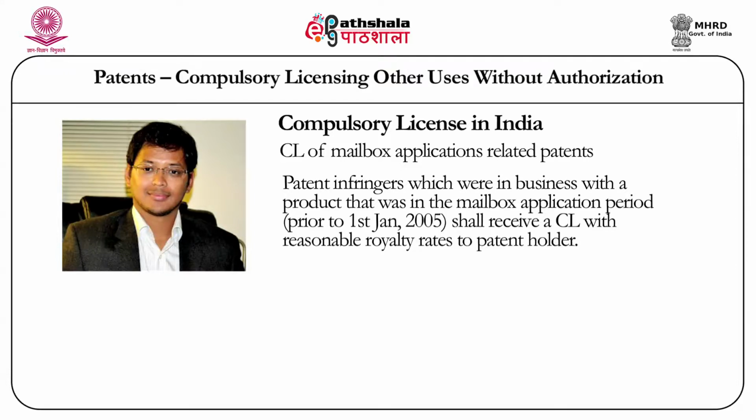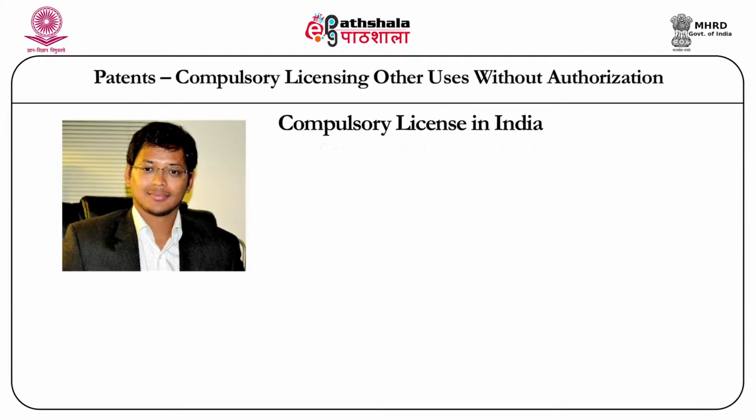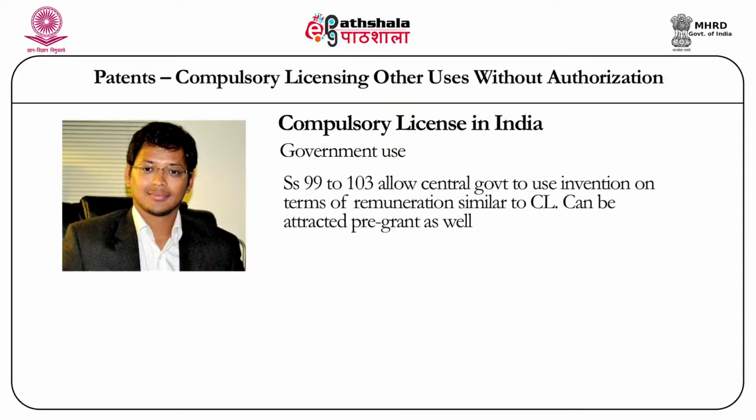Now we move on to the next type of non-authorized use licenses. That's government use and other unauthorized uses in India. Looking at government use, aside from compulsory licenses, as mentioned earlier, Article 31 also envisages non-voluntary licenses in the form of government use licenses. In the Indian legislation, this is covered by Chapter 17. This includes sections 99 to 103, and also section 47,